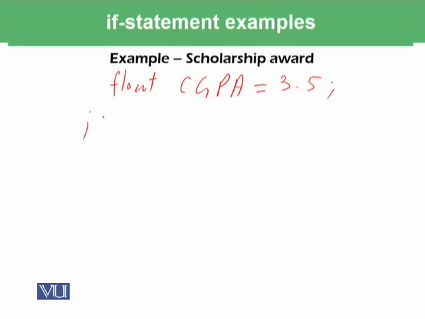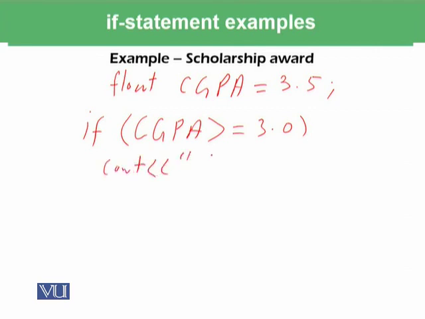So if we say if CGPA is greater than equal to 3.0, then Cout give scholarship, else means otherwise. If the condition is false, then we want to say